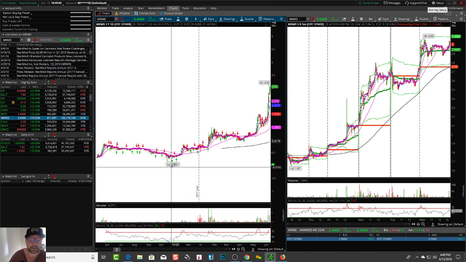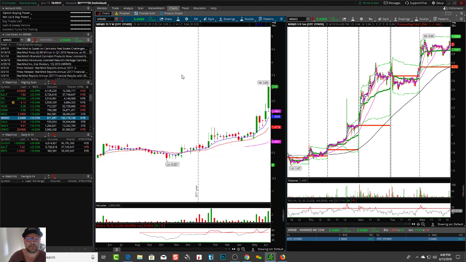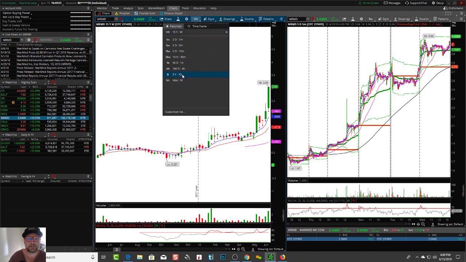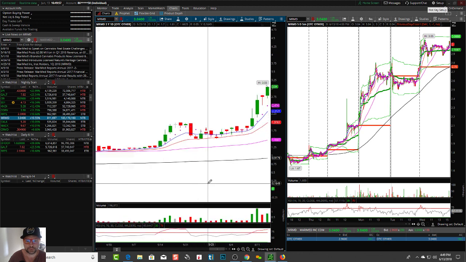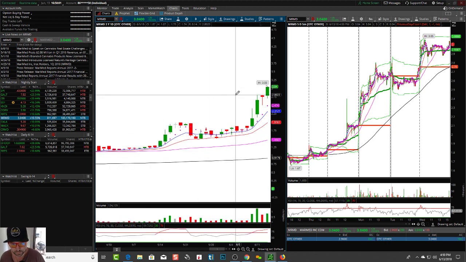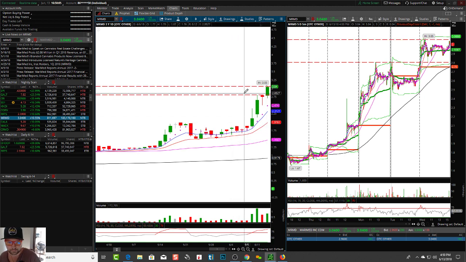All right, so MRMD, look at this thing flying, super overextended, had a bull flag breakout. Now this is where it kind of gets in no man's land. Let's take a look on the weekly, monthly. I mean, it's at all-time highs. You could see some support right at that 280 resistance. You want to see it get above that 305. You had a bull flag, it broke out.